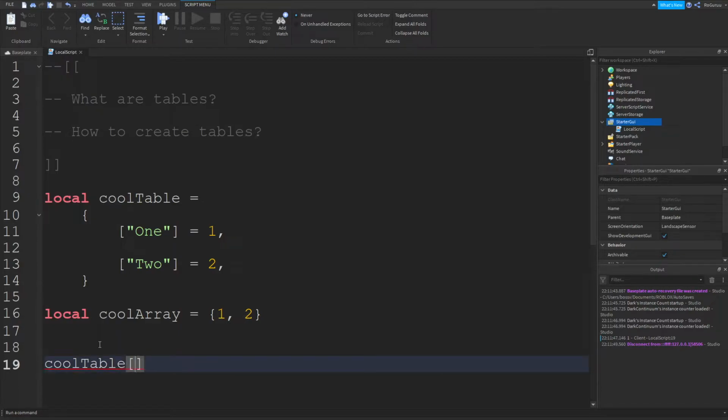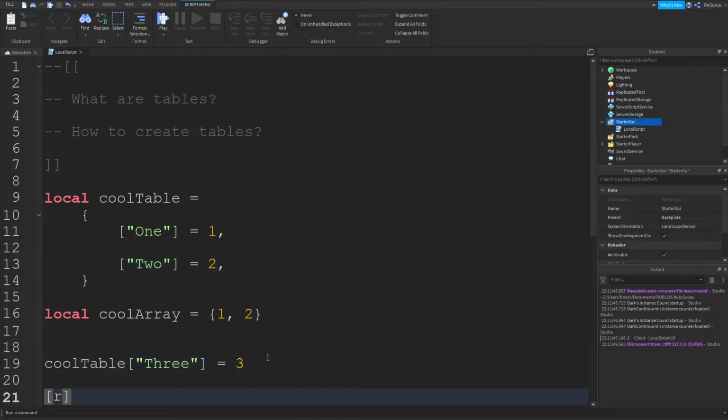Inside here, just like in an array, you type out what key you want to add. Let's say item 3, and let's give it a value of 3. So we're adding another entry into this table, another key with another value, and that key will be 3, and the value will also be 3.